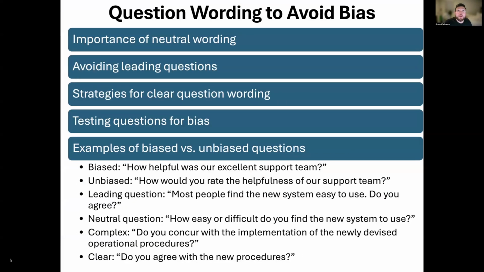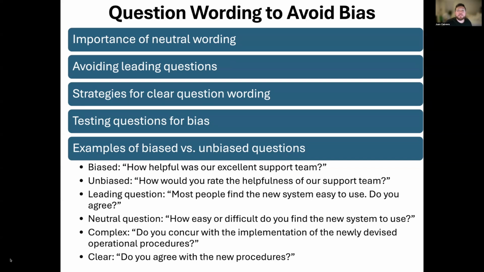Now, the wording of your questions is crucial to avoid bias. We talked about this before, but leading questions or ambiguous language can skew your results, making it important to use neutral wording. Neutral wording ensures that questions are not leading or suggestive, which helps in obtaining unbiased responses. So, for example, a biased question like, how helpful was our excellent support team, assumes a positive response and can influence the respondent's answer. Instead, you want to use neutral wording, such as, how would you rate the helpfulness of our support team? This way, respondents are not led to a particular answer, and they're going to give you their